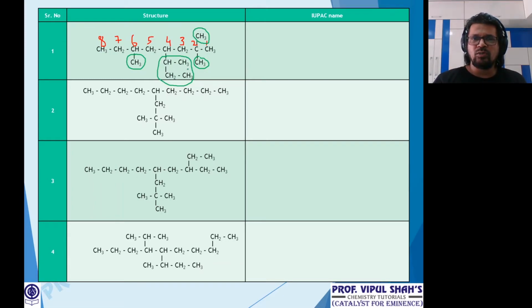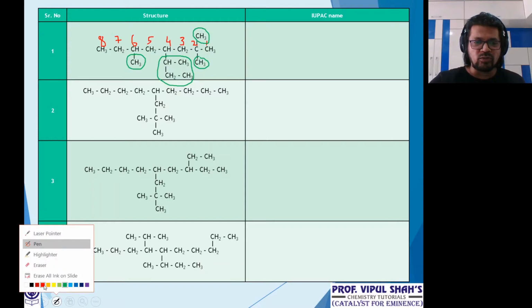Before we do that, let's understand the numbering part. At 4, there are now a total of 4 branches. We had 2 places with 8, but I selected this one. Why? Because here I'm getting 4 branches, but in the other one, I was getting only 3 branches. So as I said, longest continuous chain with more branching is preferred.